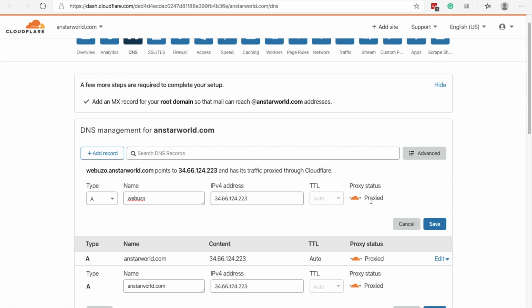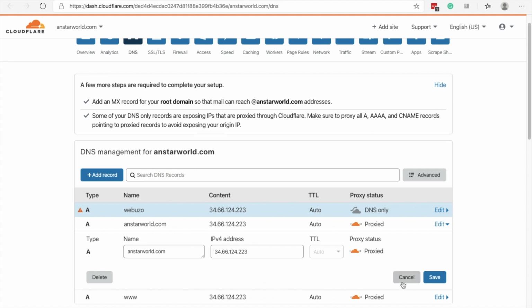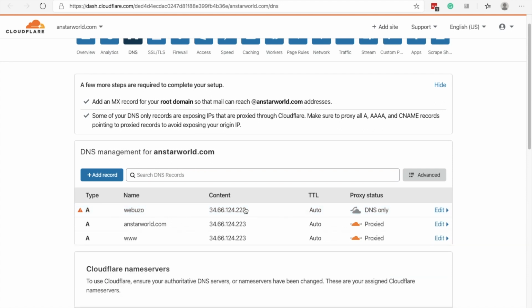The change that we have to make here is this proxy status. Currently this is proxied. Proxied means the request will go through Cloudflare with additional security and performance improvement. But since we have to use a custom port that is not allowed in Cloudflare by default, we will have to disable this. Click on this, so this will become DNS only. In this case, Cloudflare will only route the request to your server. Click on save. Now you have one more record with this name and the proxy status is DNS only. Now use this as your subdomain.